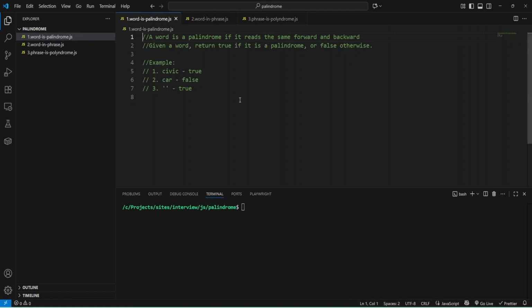And as you can see, a word is a palindrome if it reads the same forward and backward. Given a word, return true if it's a palindrome or false otherwise. And as you can see, we have examples, and an empty string is a palindrome. And to solve this challenge,